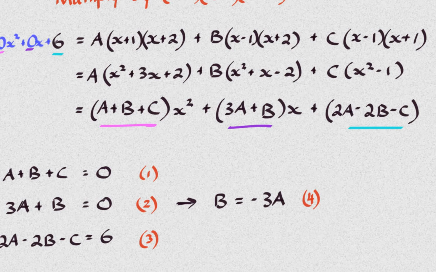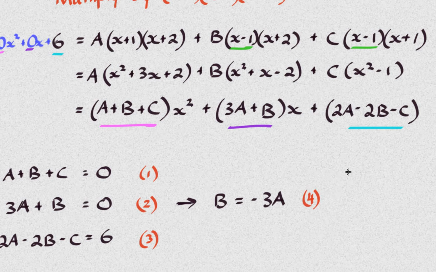This works for any value of x. So are there particular values of x we could choose that would make things easier for us? So notice that if we wanted to figure out a first of all, it would be good if we could eliminate b and c with just one appropriate choice of x. And look, they both have an x minus 1 in them, whereas there's no x minus 1 attached to the a. So if we set x equal to 1,